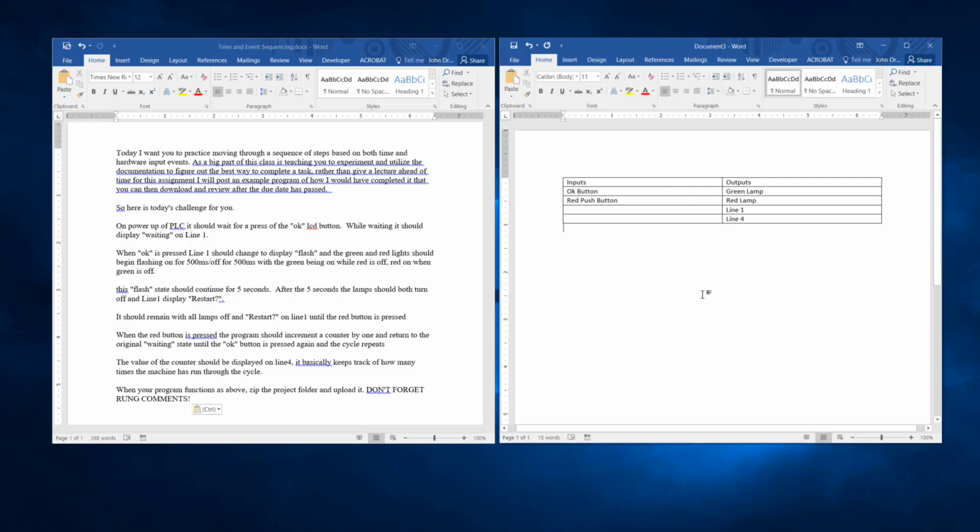Okay, that's an overview of my inputs and outputs, just to make things a little clearer here. Okay. Now I'm going to read through the description again, and this time, instead of keeping track of what inputs and outputs I'm using,